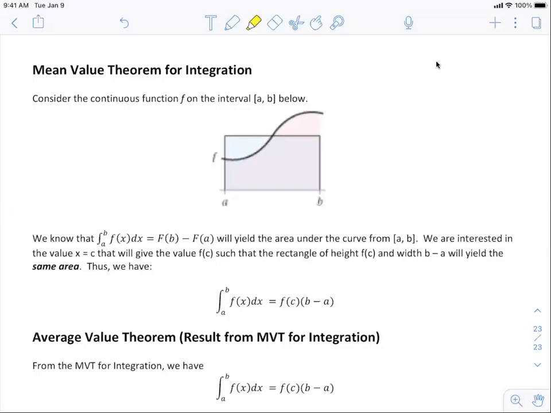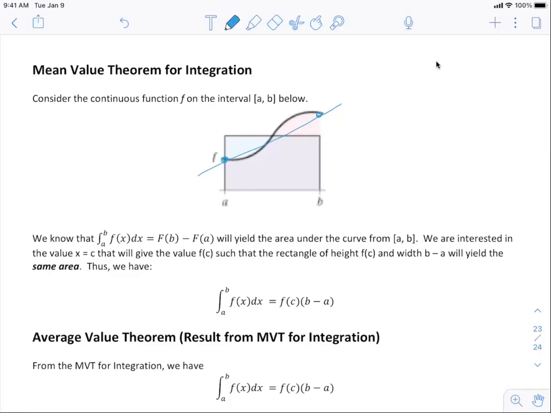The last section in this chapter is over the mean value theorem for integration. Now, if you remember just for a second, it hasn't been that long since we talked about the mean value theorem for derivatives. If we look at this exact same graph that we've got drawn right here, what we said is that if I have 2 points, well, let's use the 2 points that are on the graph, A and B, and I find my average rate of change from A